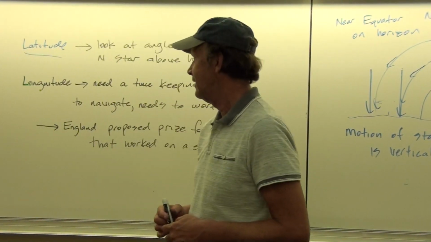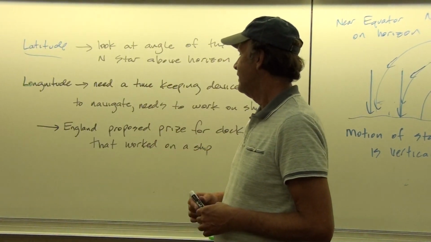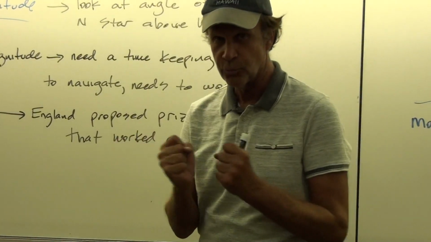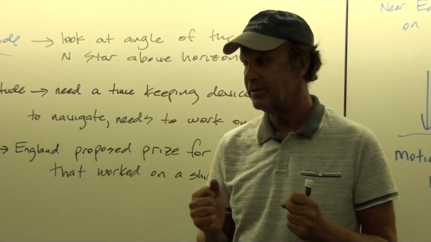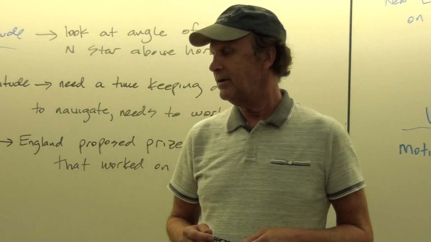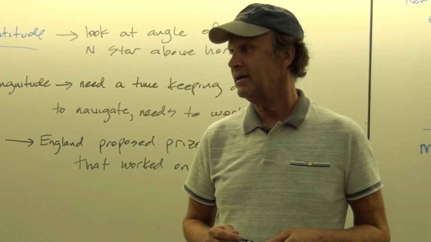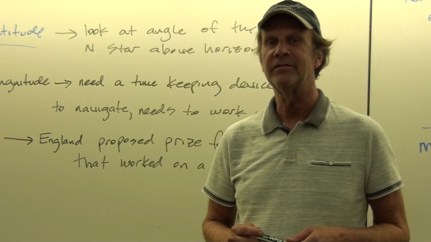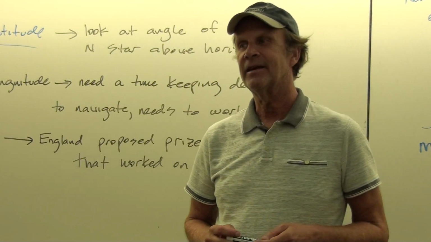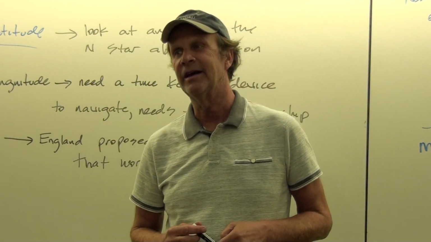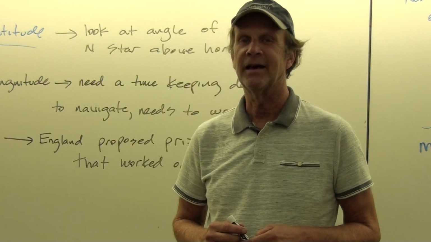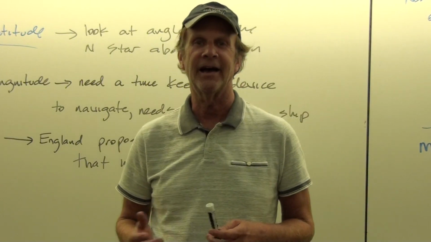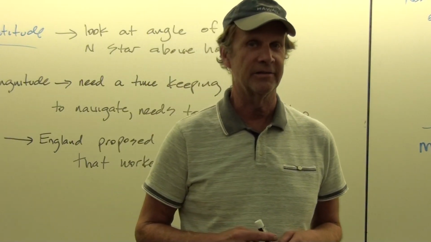But this guy came up with this really cool clock that worked with springs that moved back and forth, and it was just amazing. They took it on a trip to India and back, and it only lost like 5 seconds. And they said, you know, there's no way. No clock can be that good. You know, try it again. And so they kept this guy strung out in court until he died of old age. Then they just stole his invention.